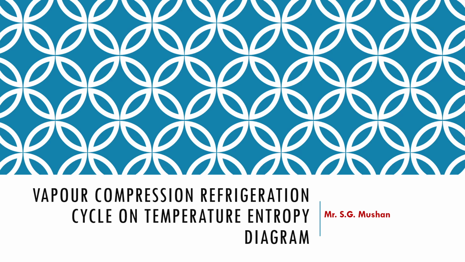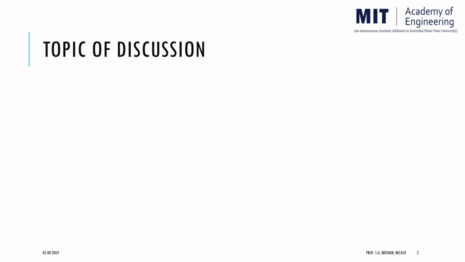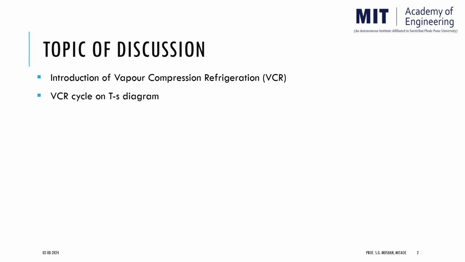So, for this topic, my topics of discussion are as follows: the introduction of vapor compression refrigeration system. Then, once we understand this VCR concept, we will learn about how this VCR cycle can be plotted on TS diagram. And for this, I have taken four cases where the first case will be based on when the